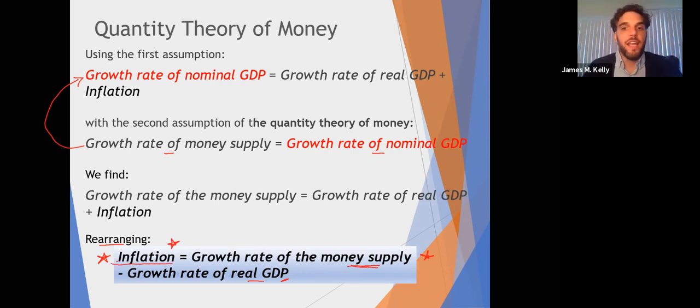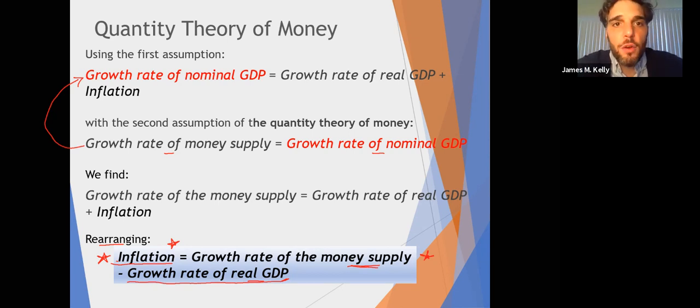On the other hand, if the money supply is growing, if we're in an expansionary monetary policy time frame, and the money supply is growing at a relatively high rate, but there's not a lot of growth in output, not a lot of growth in real GDP, then that can spur on future inflation. So this is the general theory of how the money supply is going to affect the inflation rate.